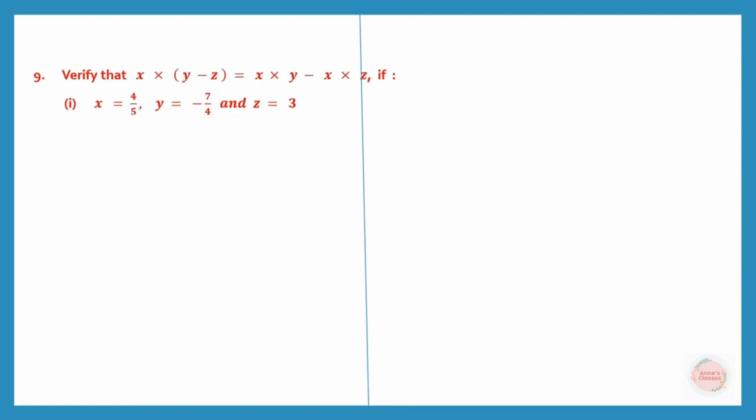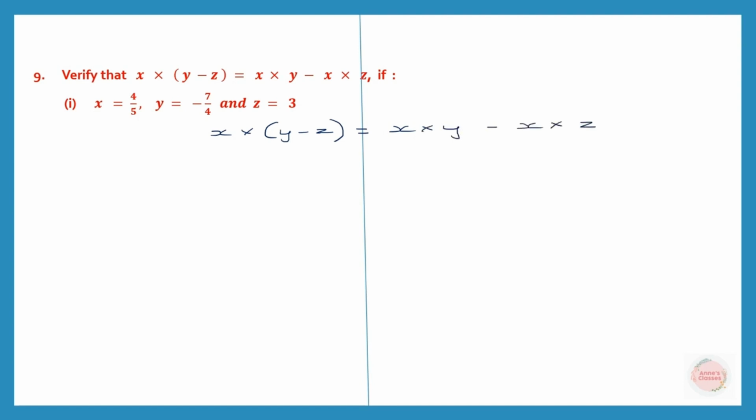Question 9. Here also we've been asked to verify that the left hand side is equal to the right hand side if all these values are substituted. So let's do that. So let's write that down. So x into y minus z. This is on the left hand side, and on the right hand side we have x into y minus x